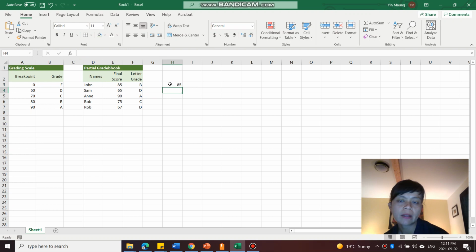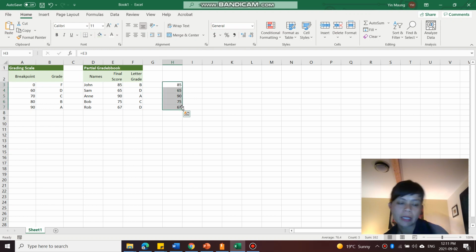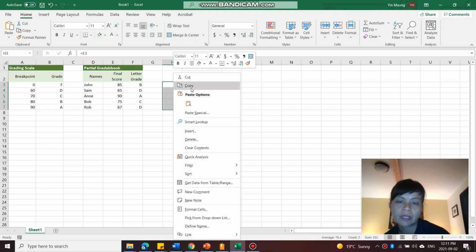So when I click and drag this, H4 is going to reference 3 columns to the left as well, which would be E4, and likewise, it will be E5. And this is the same; it doesn't have to be in the H column. It's the same if you even